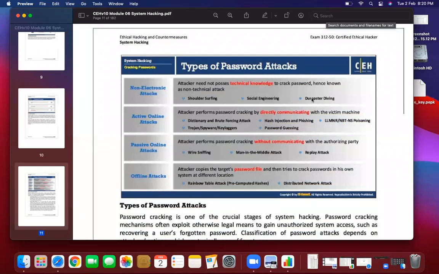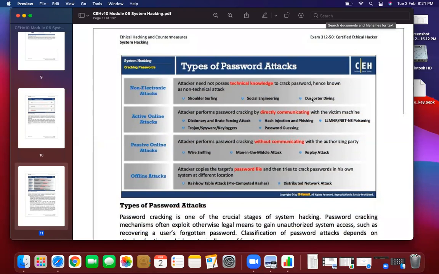What is dumpster diving? Well, suppose many of us write down a password on a piece of paper. We write a lot of contents on a piece of paper, and sometimes we just throw the piece of paper in our dustbin. And maybe there is some information which we threw in the dustbin, which is very, very sensitive. Why do we always try to destroy the ATM receipt? Whenever we withdraw an amount from an ATM, we get a printed receipt.